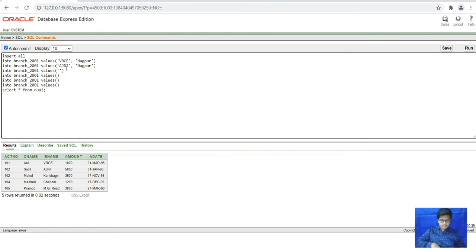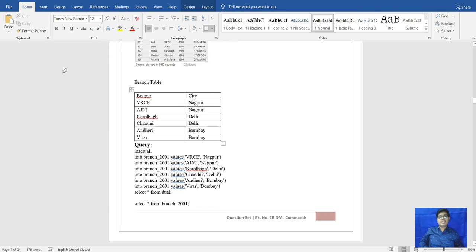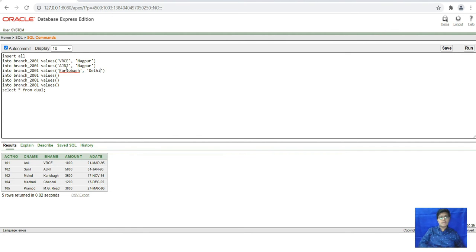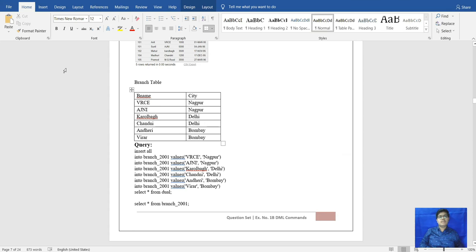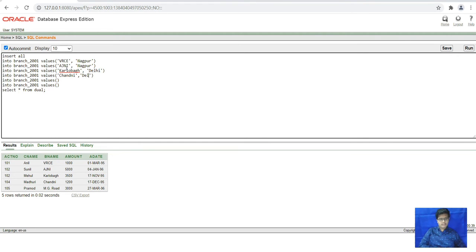After that, here is Karlova, and that is in Delhi. Here is Chennai, Delhi.